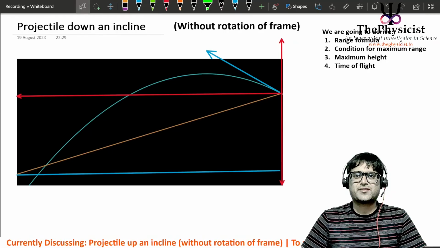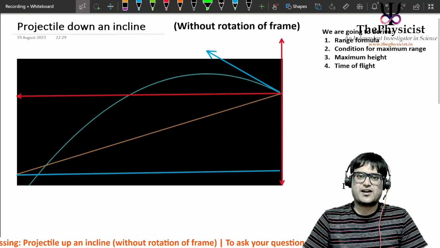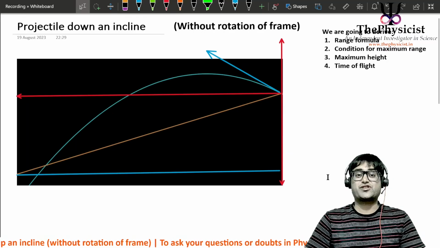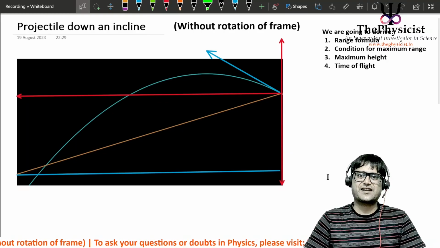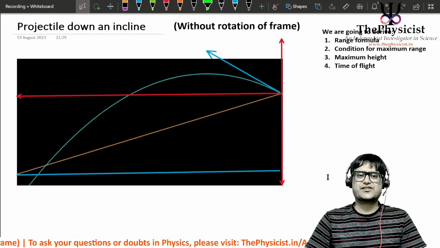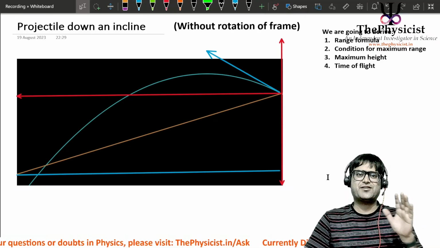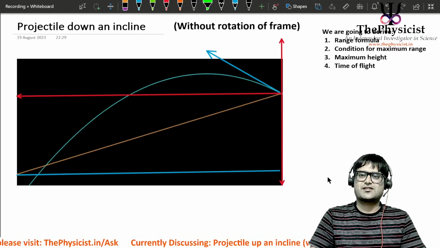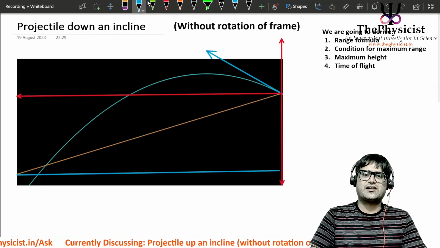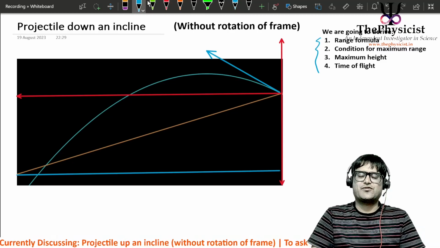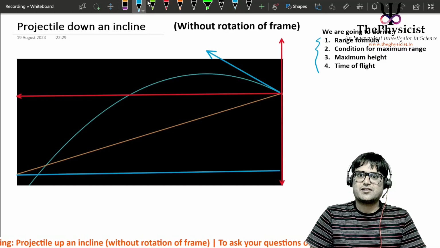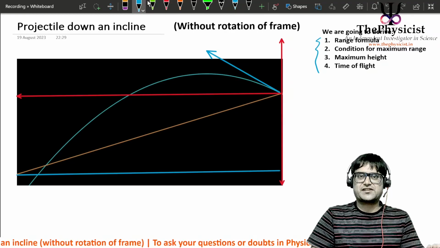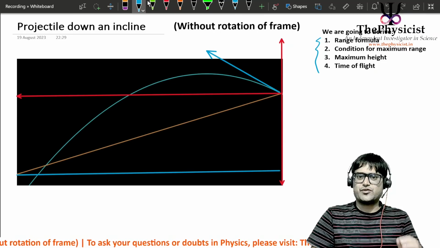Namaste students. So this is the second part of the projectile up or down an incline lecture series. In this part we are going to derive these expressions that we had found for a projectile which was thrown up an incline. It's very easy. This lecture is going to be very short because we are going to use a very simple